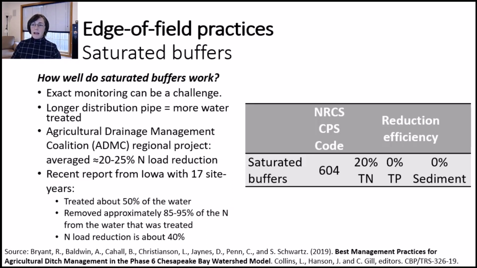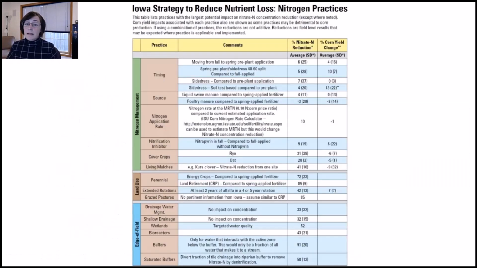In the Chesapeake Bay watershed, we've recommended a 20% in-load reduction for saturated buffers, which is conservative, but again, this is a fairly new practice, especially in the Chesapeake Bay watershed. Because this is a new practice, most of the research has been done on this practice since the state strategies have come out. For that reason, this practice of saturated buffers is not a recommended practice in the Illinois nutrient loss reduction strategy, because there wasn't enough research when the strategy was being developed for us to include this practice.